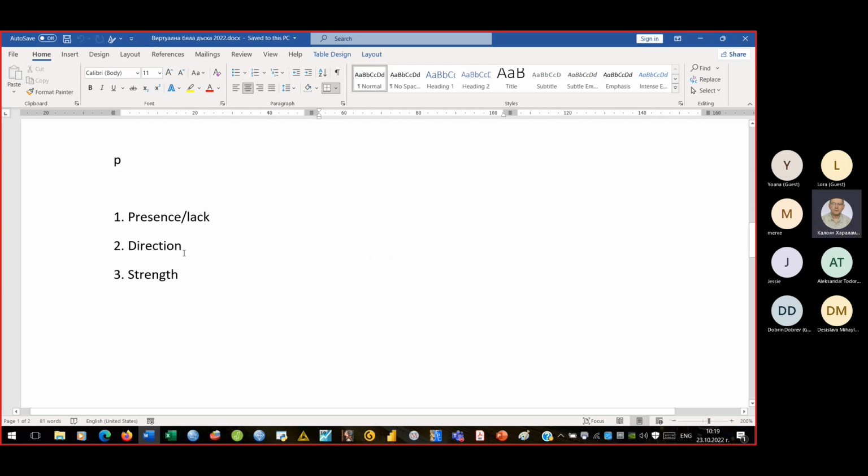Second task is to analyze the direction of the relation, but it is possible to define the direction only when the independent variable is an ordinal variable. Because yesterday I showed that